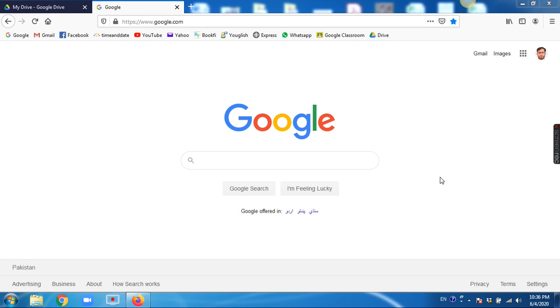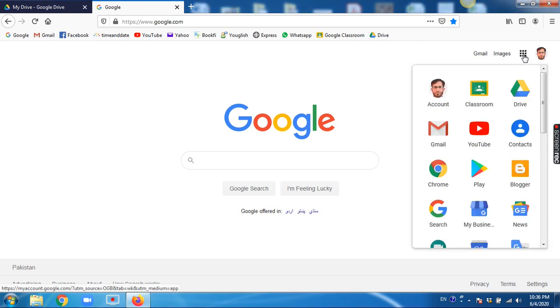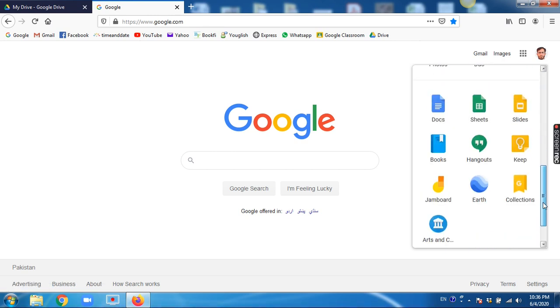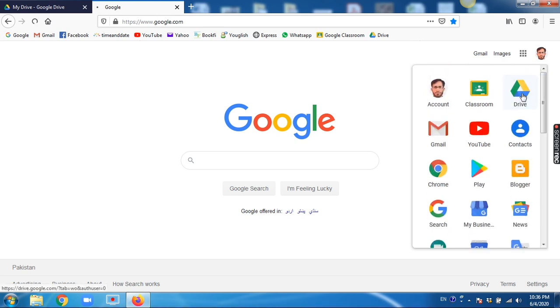In order to create a student survey form, you need to have a Gmail account, and as you can see here on the screen, when you are logged in, here is your Gmail. When you come to this area, as you can see small squares or boxes, click here, and here is Google Drive. If it is not at the top, you can scroll down. These are all apps from Google. Okay, so click here, and you need to be logged into your Google Drive.